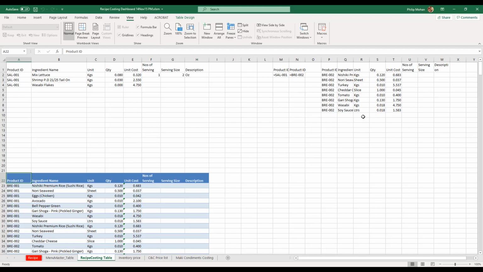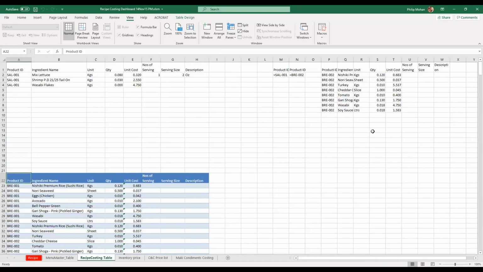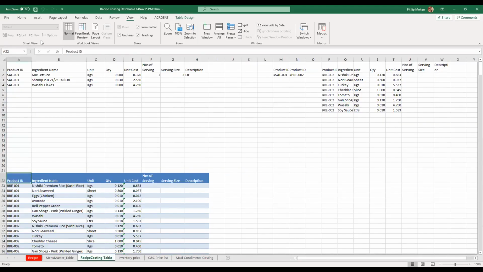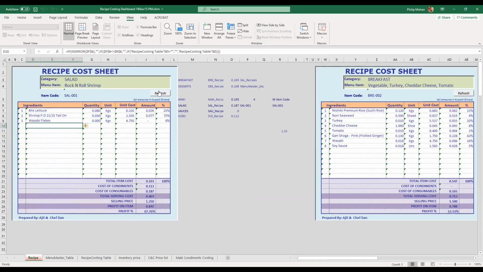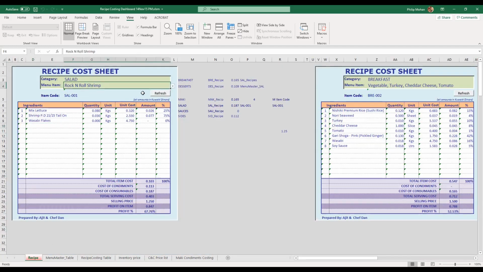We got two here because there are two sheets. This one is for this portion, and this sheet is for this portion. So what it's doing is advanced filtering in a different location when I press the refresh button. I've created a macro which effectively does advanced filtering and puts that information into this place.